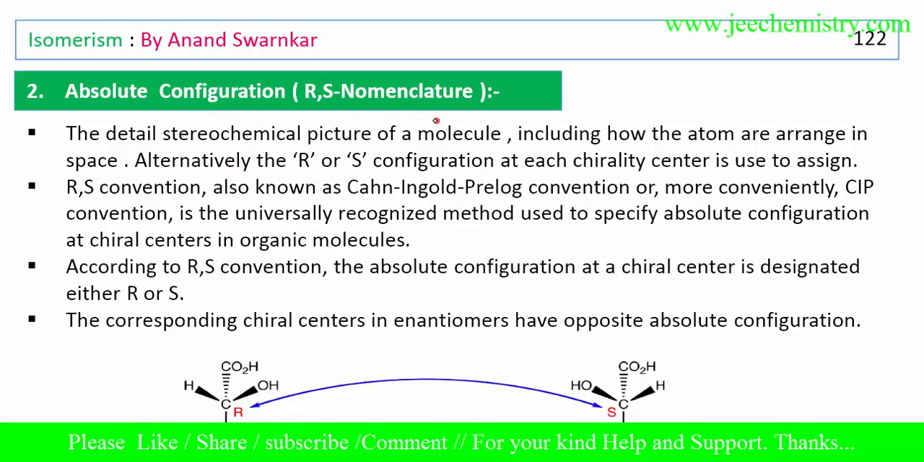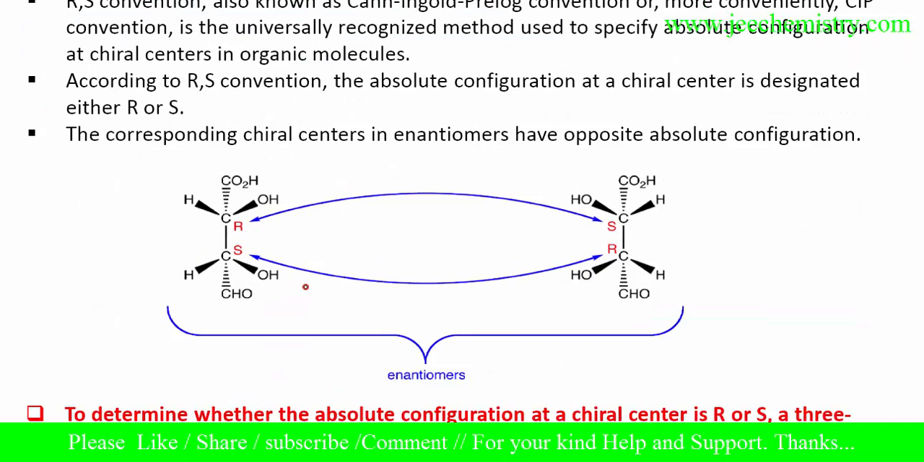Absolute configuration, RS nomenclature. It is called absolute configuration because in absolute configuration we can know the actual orientation and actual arrangement of atoms, or groups of atoms, in space. So it is designated as R and S. By the RS configuration we can get to know the actual configuration of the molecule. That's why we learn